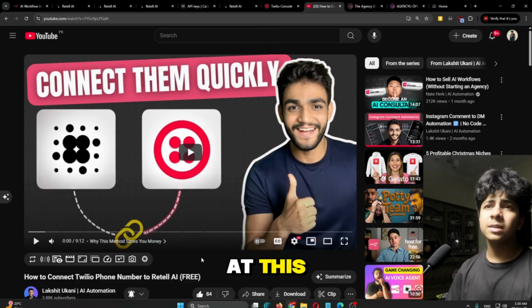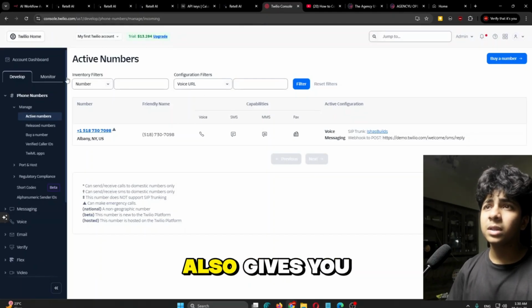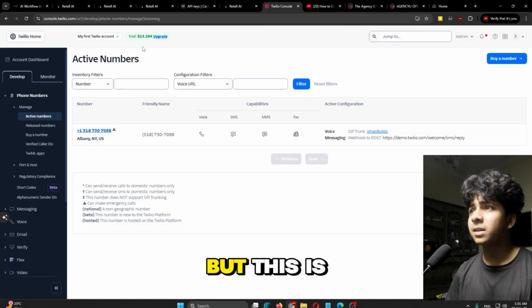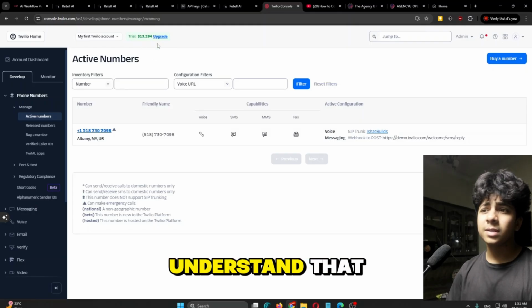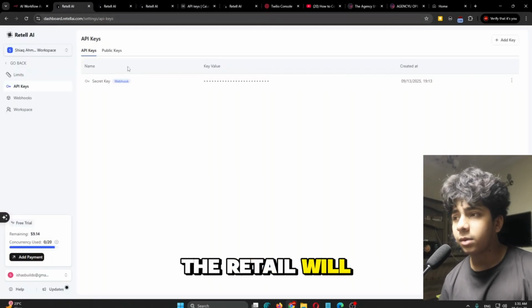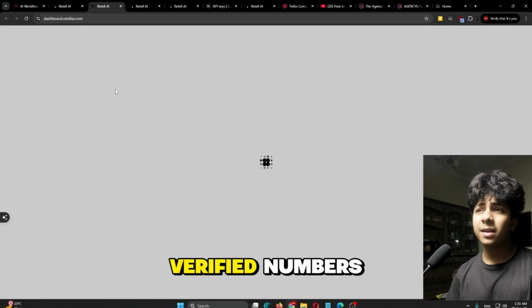And look at this. I am renting a number, and Twilio also gives you $15 in credits. But it's pretty important to understand that Retell will only work with verified numbers.